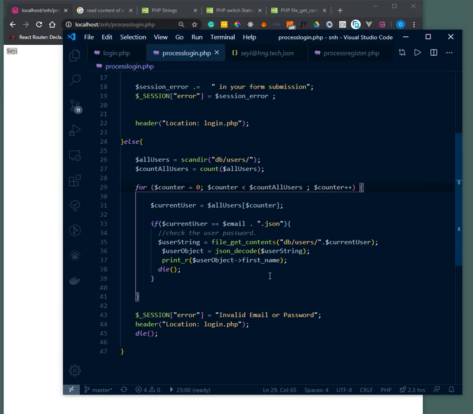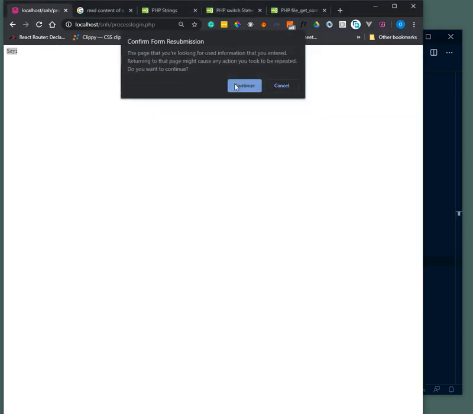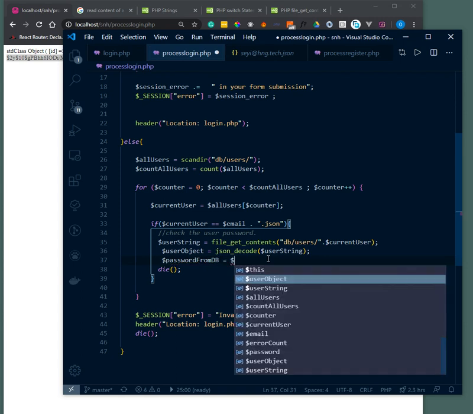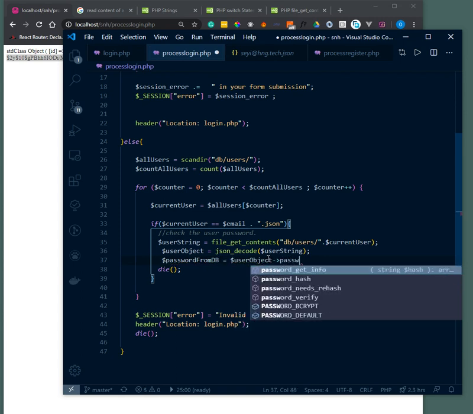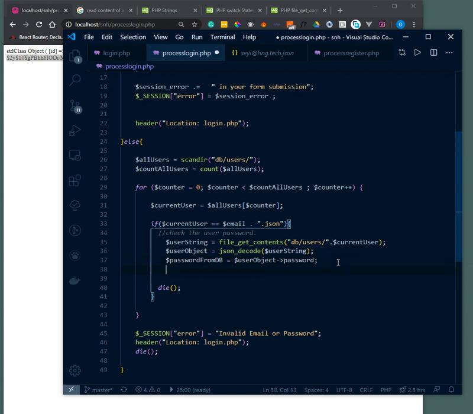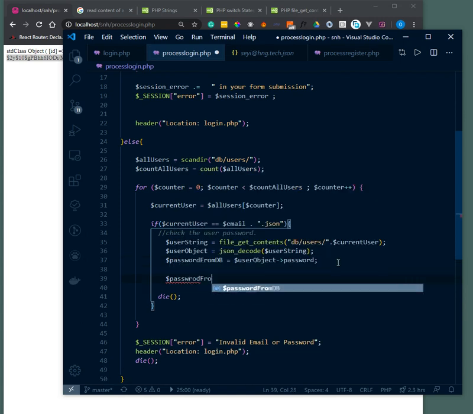So now I can use this for my validation for password. This is my password here. So what I can do is to get password from DB to be equal to my user object and then password. So I need to compare this password with the password I'm getting from the user. However, I also need to encrypt the password the user is sending me. So password from user equals